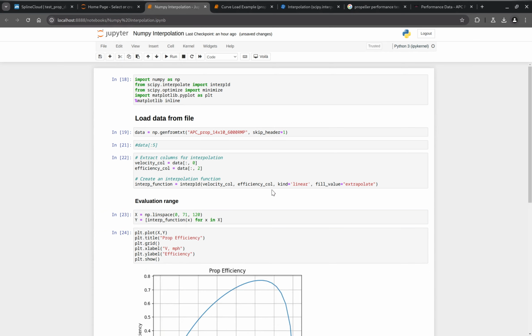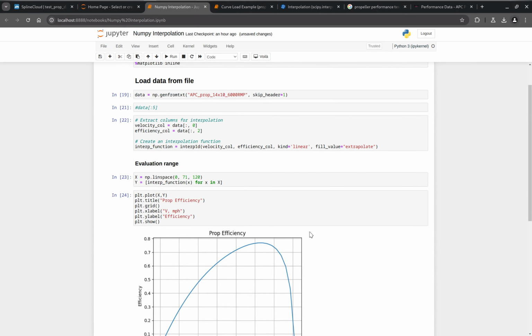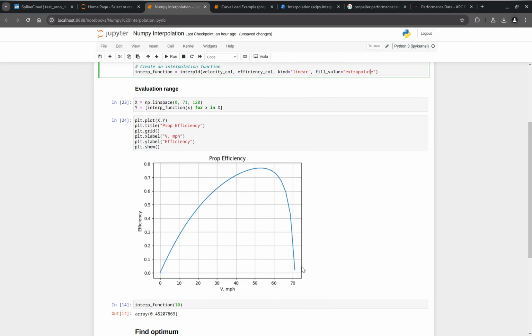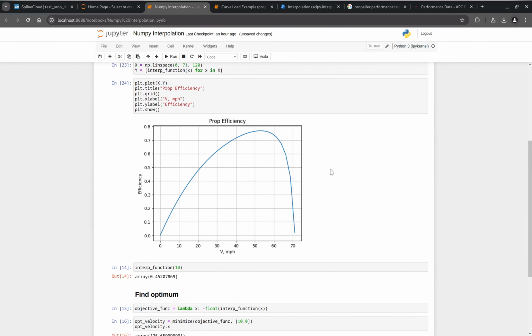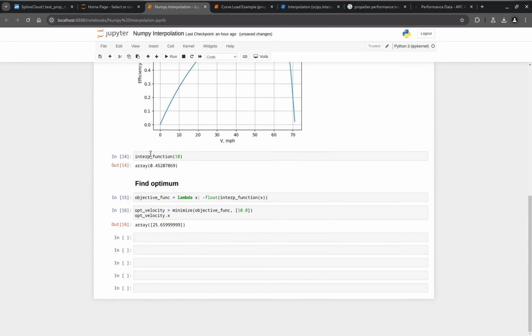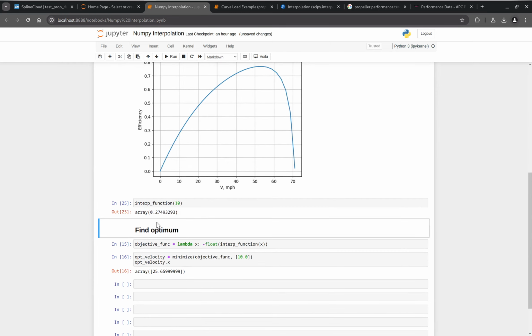Okay, so this is our curve. And if you take a look at the interpolation function, there are specific commands here. Kind linear means we apply linear interpolation, and fill value extrapolate means that in the range beyond the values in the data, we will extrapolate values, which is useful to avoid some non-values when we plot it or when we do optimization. So we can evaluate it for some velocity, say 10, and the value goes